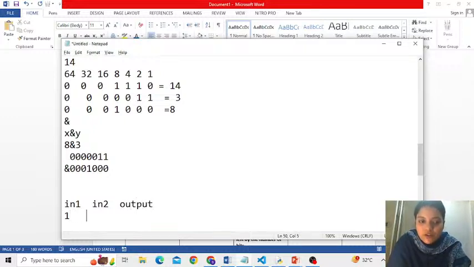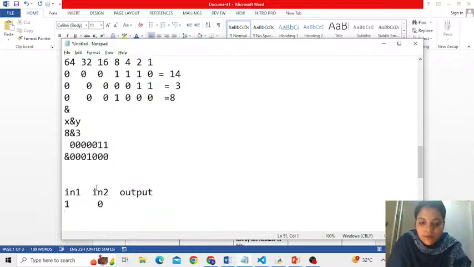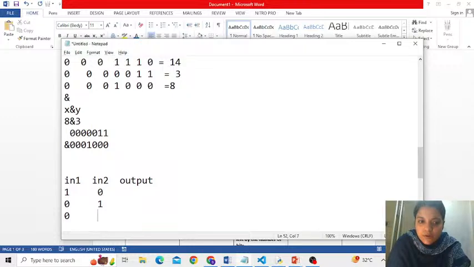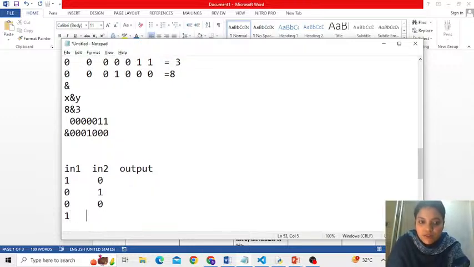The two inputs could be 1, 0, or 0, 1, or 0, 0, meaning both bits are zeros, or both bits are 1s. Only if both bits are 1, meaning both are high, the output will be high. Otherwise, the output will be low, that is 0.